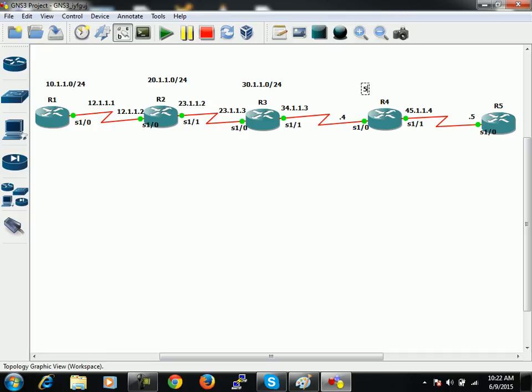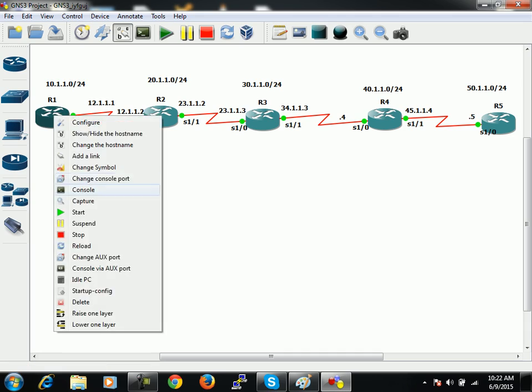In the LAN of R4 I'll be using the 40.1.0.0/24 network. In the LAN of R5 I'll be using the 50.1.0.0/24 network. And router IDs will be different, like on R1 I'll be using 1.1.1.1. I mean today I'll be using different router IDs, right? In the previous class I was using router IDs the same as the IP address configured on their loopback interfaces, right? But here I'll be using some different